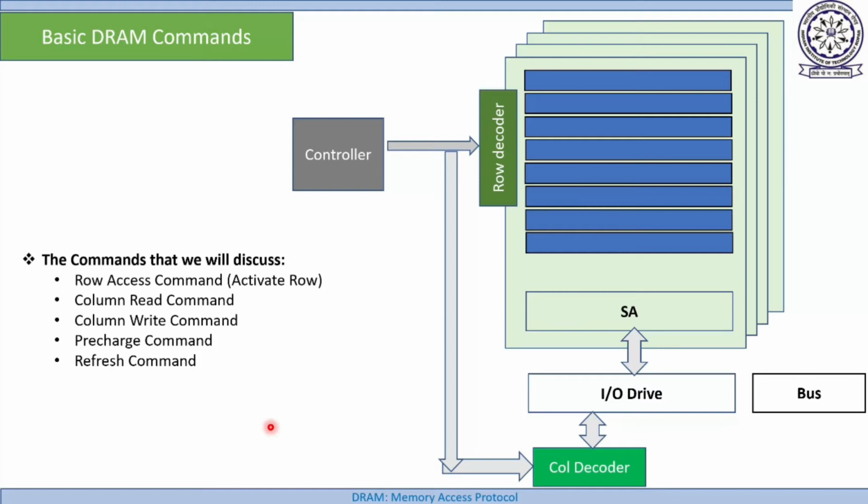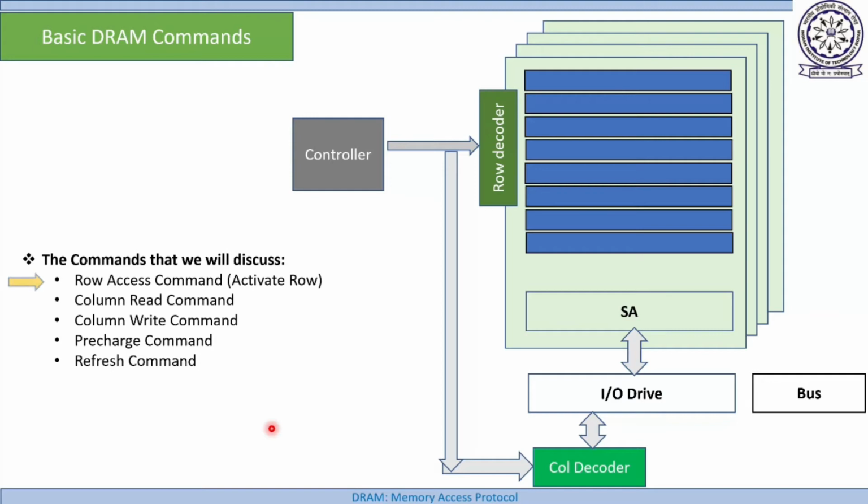All these commands written here. You should know the purpose of each command based on the previous lecture. Why a row access command is required, how a row access command is performed, what is precharge, what is the requirement of precharge, and how precharge is performed, what is refresh, why refresh is required. Everything is already discussed. So if anything is not clear here, then you have to see lecture one first. So we'll move from here.